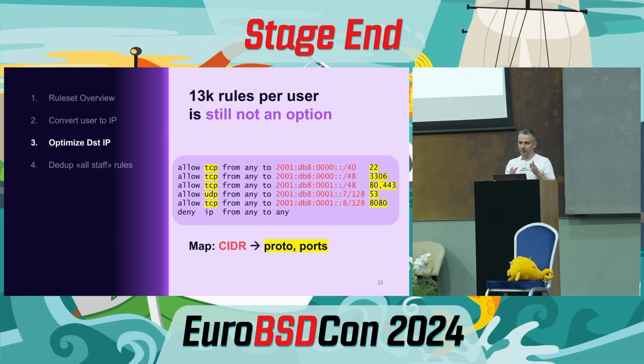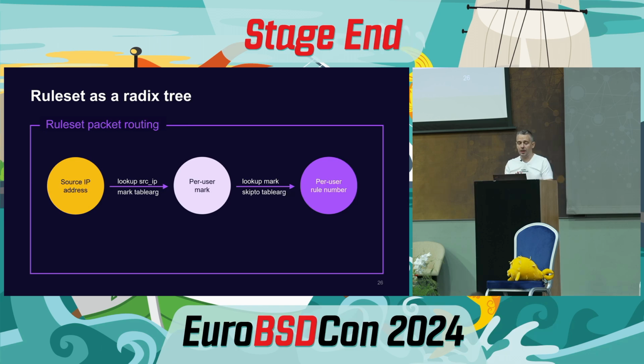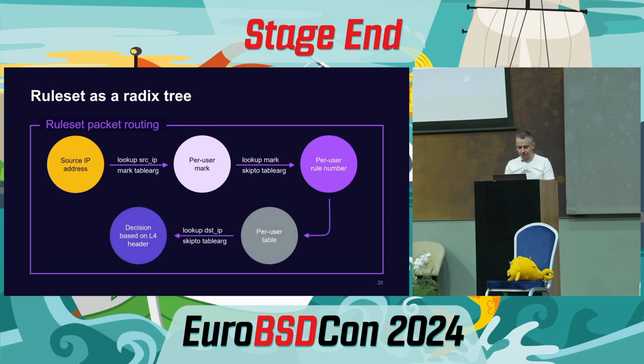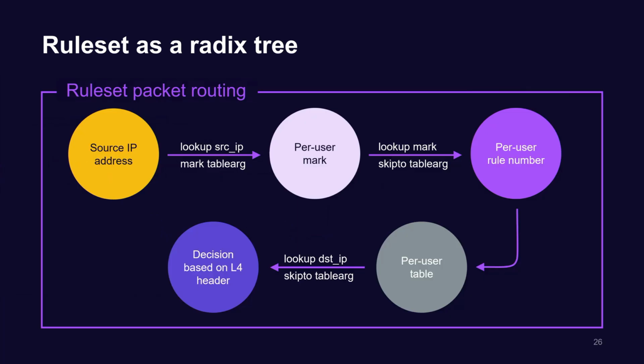You cannot put protocol and ports into the table as is, so we have to have another step involving these checks. So we have the original procedure with the 13K of rules. Let's add some more steps. Instead of just assigning a user rule number, we are going to add a per-user table and look up the prefix in this table. And when we find a match there, we are going to check ports and protocols. Let's take a look at this